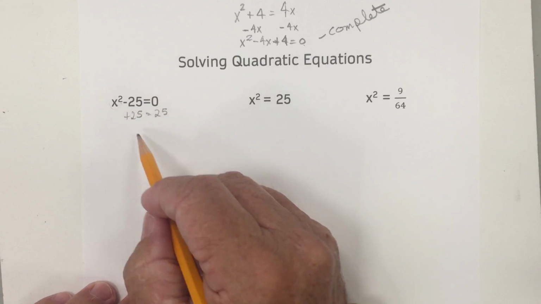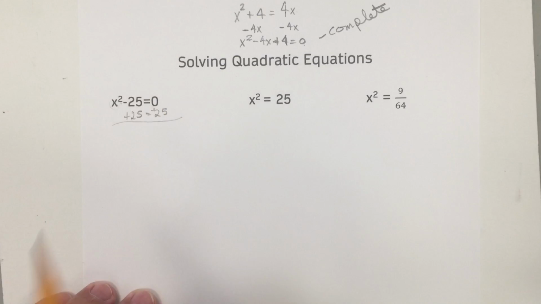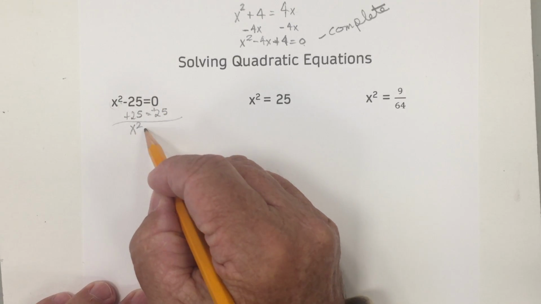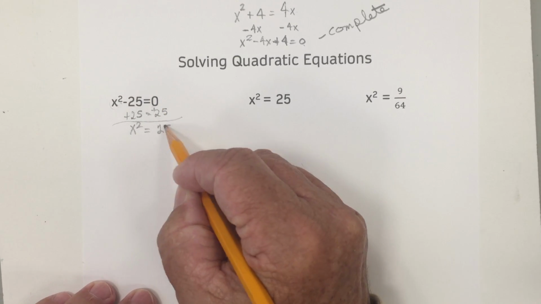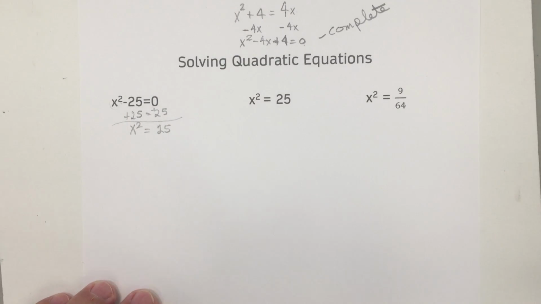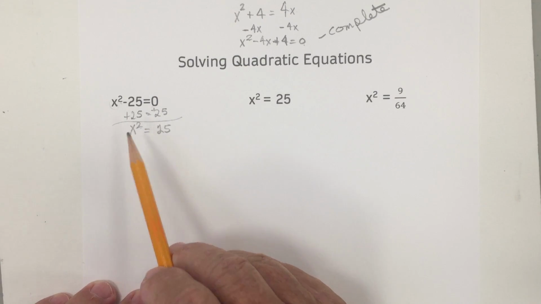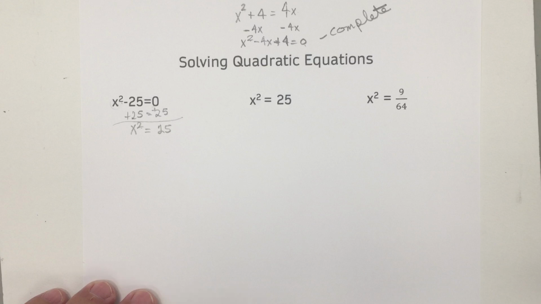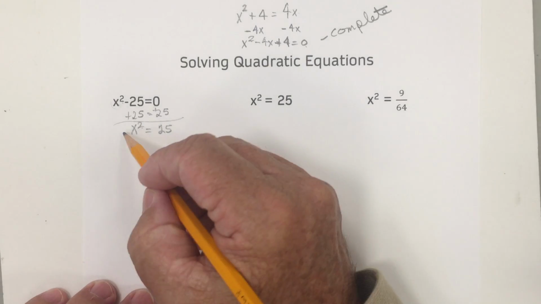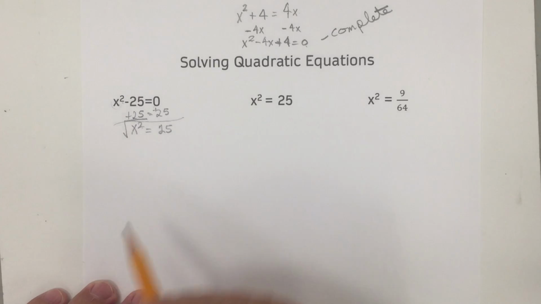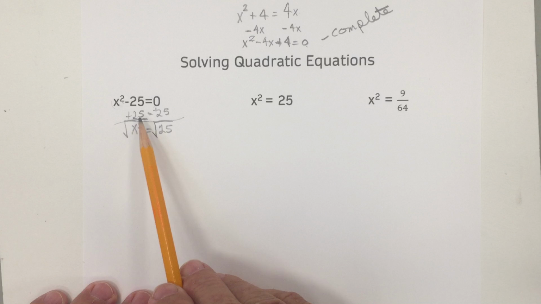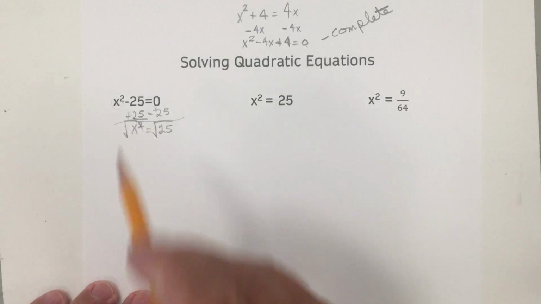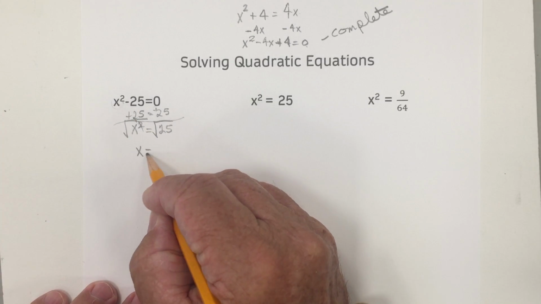Easy enough. We're adding 25 to both sides, so we have x squared equals 25. So how do we get rid of this 2 right here? Well, we learned with the radicals, if you square the radical, they cancel each other out. Well, we have a square, so let's put a radical on it. Let's do the square root of both sides. What you do on one side, you have to do on the other. So this cancels out this, and we have x equals